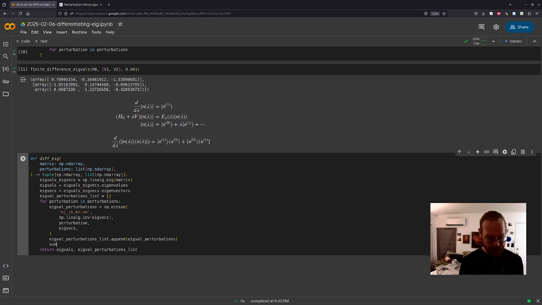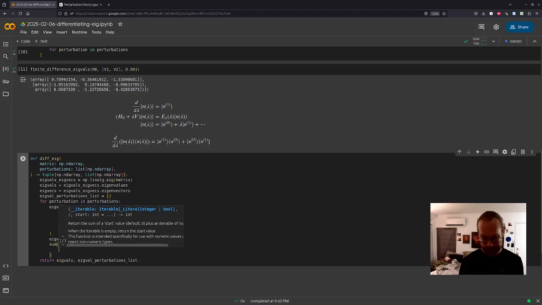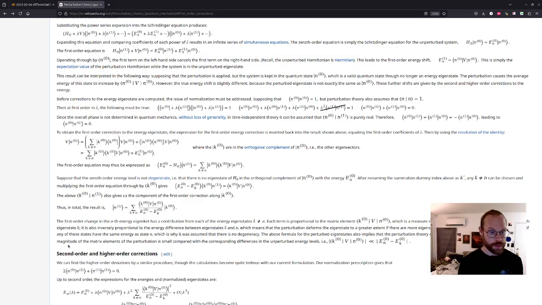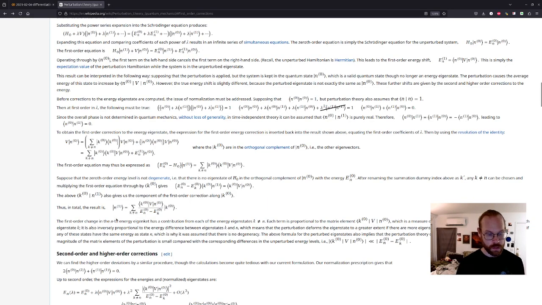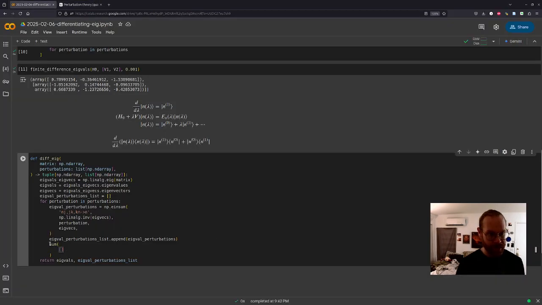So it's going to be a sum, and what we want to sum over is k not equal to n. And so maybe we need to keep track. Yeah, okay, so we need a list of these things for each perturbation. So we've got all kinds of nested lists.